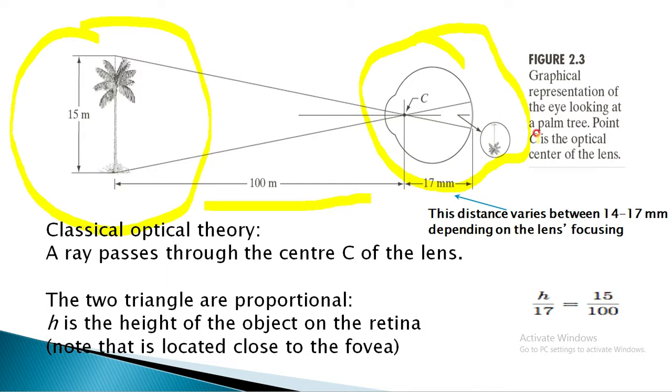Now, to give you an example of why we are discussing all these things, say for example you have a camera, right? And you want to focus on some things which are at a distance. Then what do you do? What is the usual procedure? We try to adjust the lens of the camera so that you can focus on that particular object. Similarly, in the human eye, we cannot move the lens of our eye, but the distance between the lens and the retina is always fixed, and we can adjust the focal length. And how could it be done?